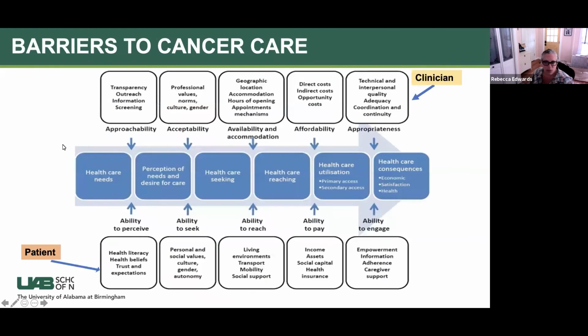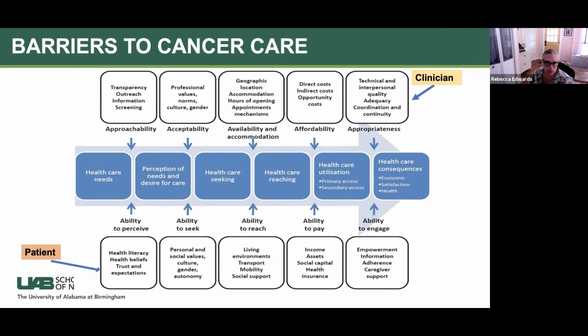So what can happen that would be barriers to cancer care? There's so many things, and it really would be dependent on the setting. But on the top layer here, you'll see the yellow box that says clinician. And the clinician, across these squares on top of this figure,